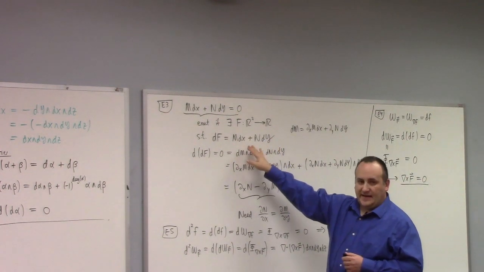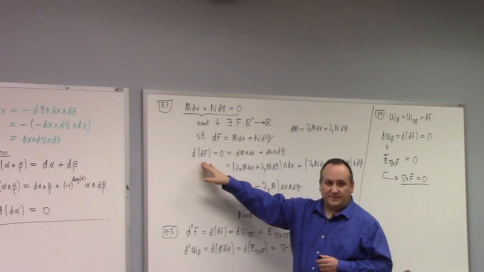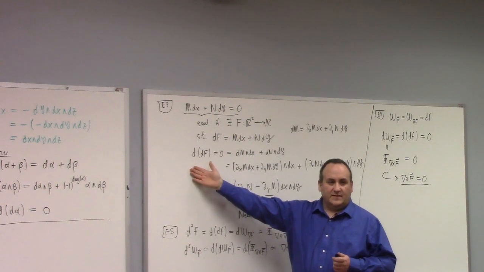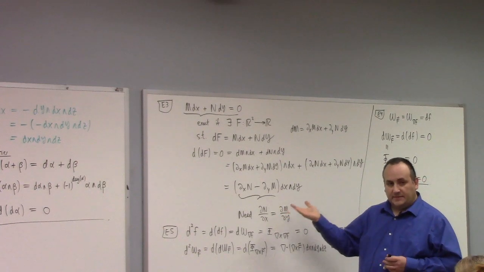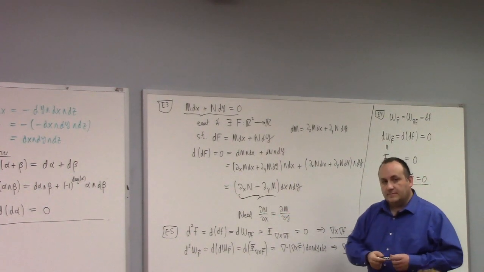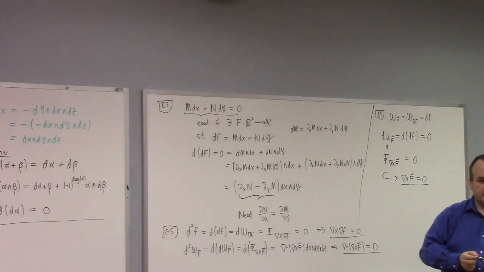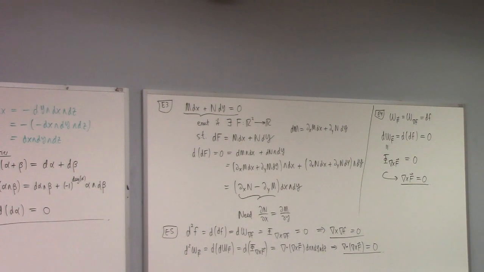So if the form is exact, then when we take ddf, it has to be 0, which then forces this condition on M and N. But it doesn't matter what your vector field is, the divergence of our curl will be 0. That is true. But you wouldn't be able to find that. Right. In other words,